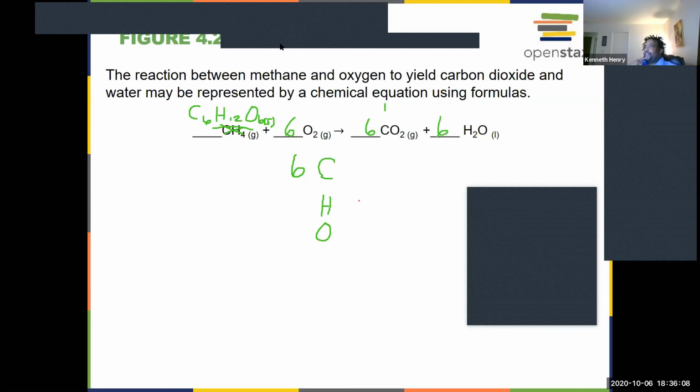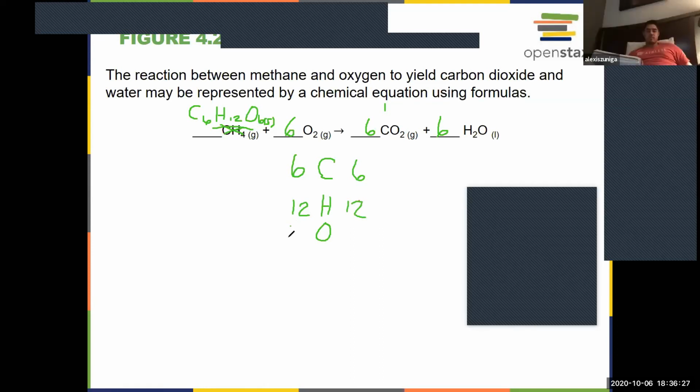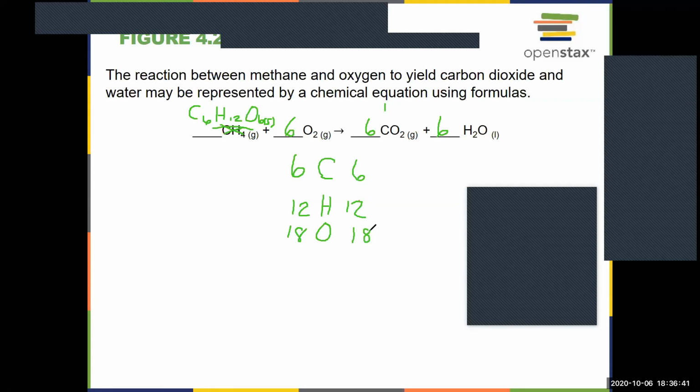So if we do the math, we have 6 carbons. How many hydrogens do we have here? 12. How many oxygens do we have over here? 18. And on the other side? 18. So we're balanced? Yeah. Piece of cake? Okay. So we're going to stop here. We'll pick it back up